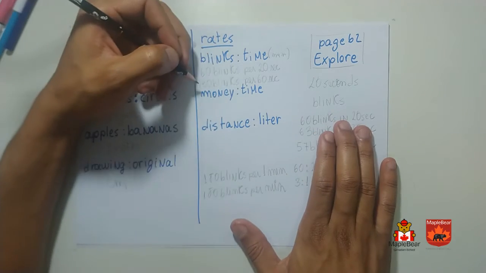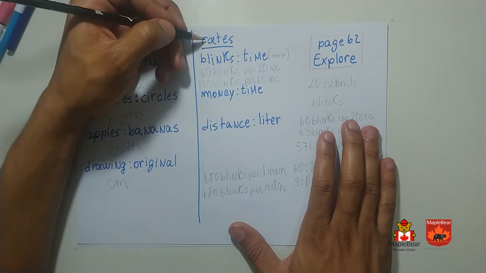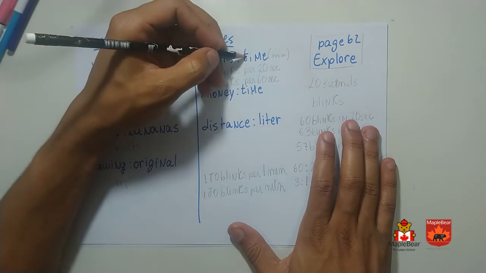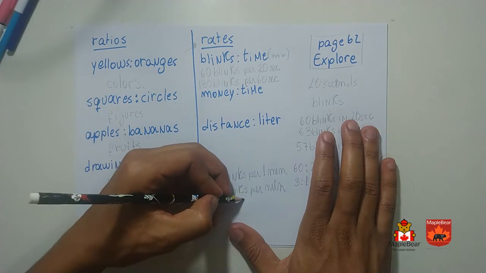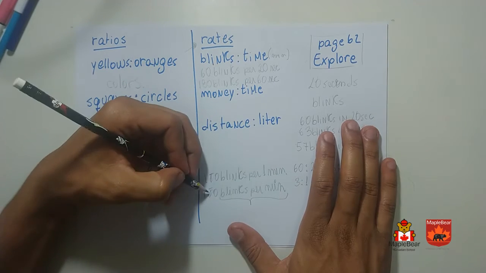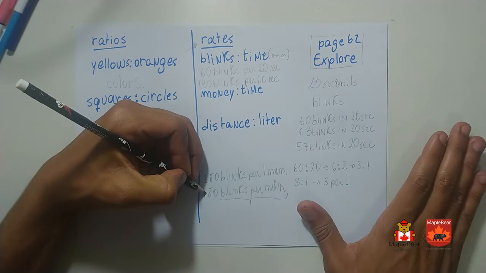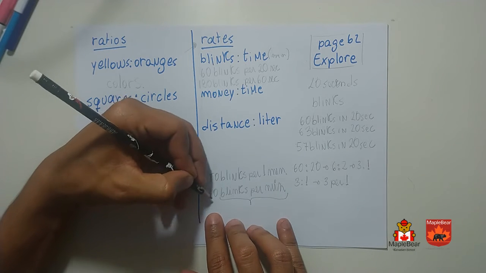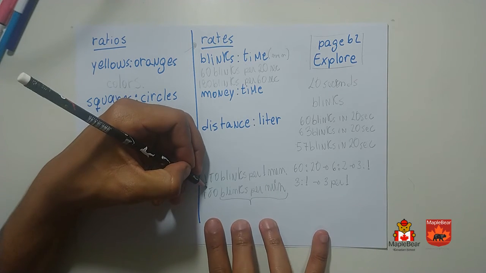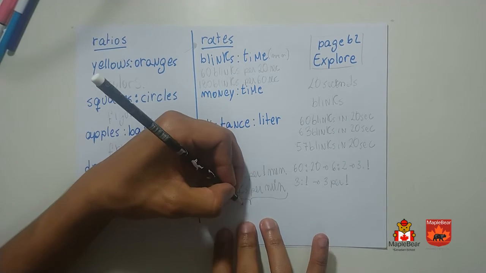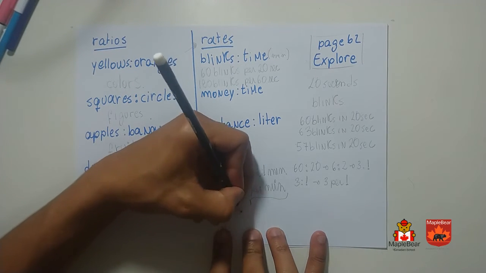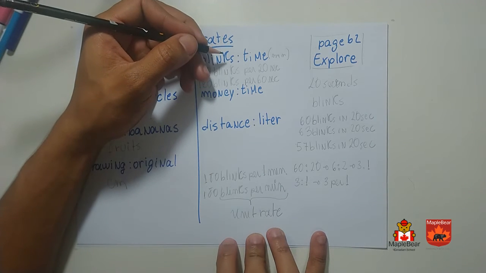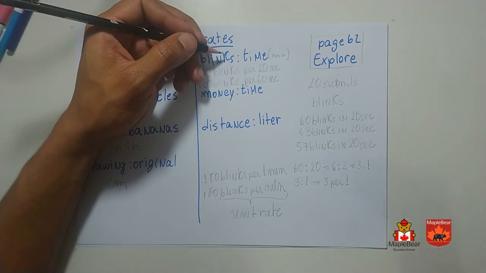Okay? Now, when I'm talking about rates, the big deal is that I can transform my ratio. If I'm comparing blinks to time, now I'm going to write this as a whole new unit. So it's going to be 180 blinks per minute. Perfect. So I already know that when I'm relating, I only have one number to relate this. So this one in particular, as I'm dealing with only 1 minute, I will call it what? I will call this a unit rate. Okay, that one will help us a lot,